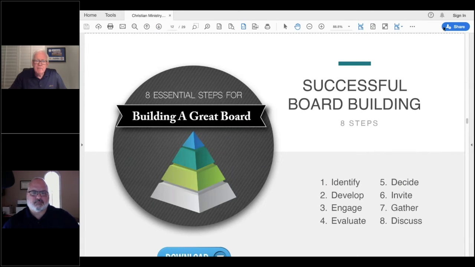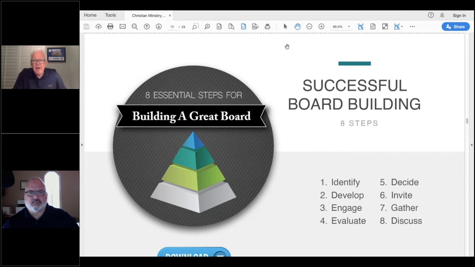This tool I've got showing here is something you'll be able to download, and it's the 8 steps that I've laid out for how to build a board. Too often, nonprofit boards will skip some of these steps, see somebody that looks good and try to grab them without really doing a due diligence and thinking it through. This may feel a little processy until you've tried it a few times, but you'll find the right people will get through this filter, and the wrong ones, the bad fits, or at least bad fit for where you're at in the life cycle of your agency, they'll sort of sift themselves out, filter themselves out for another day.